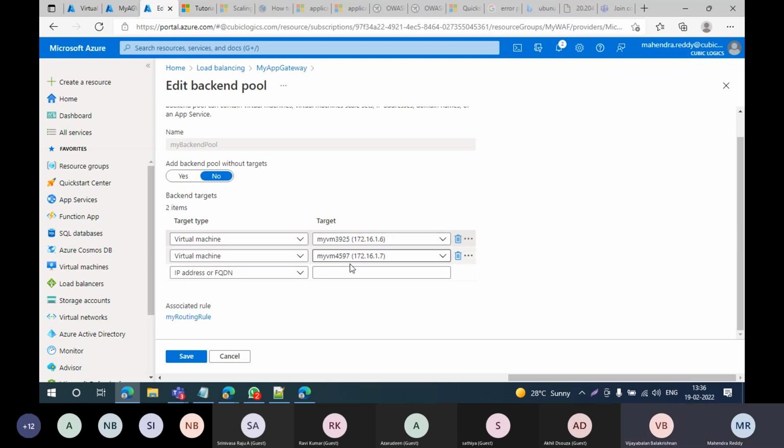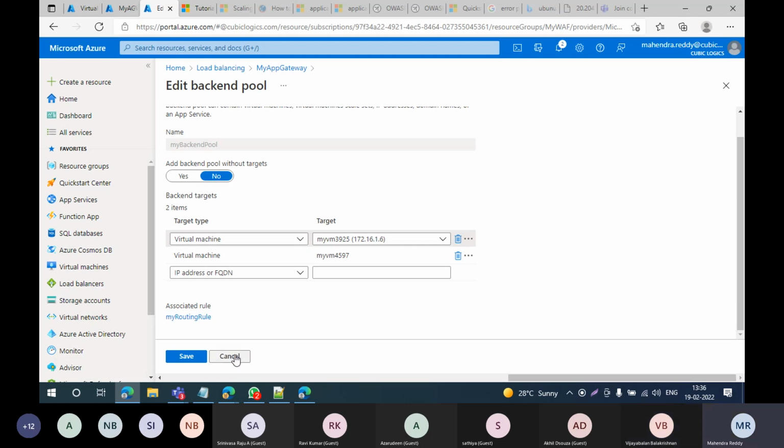So now what will happen is the application gateway receives the request, and it will match and validate the rules whatever we created. If the rule matches based on the source IP, and all the header and application level cookie, then it will come to this target. Since we associated both targets, the first request will go to the first machine, where the web server is, so they will get the web page. The second request will go to the second VM because there is also one more web server running.